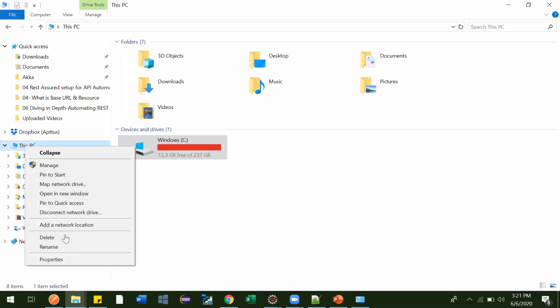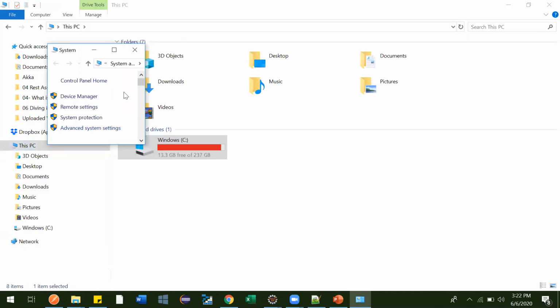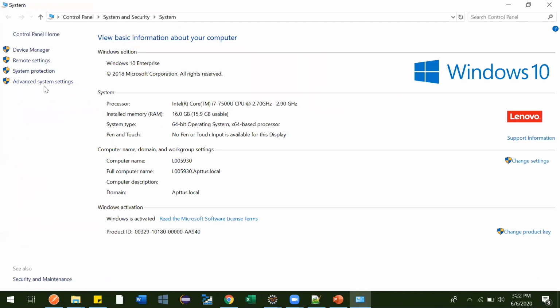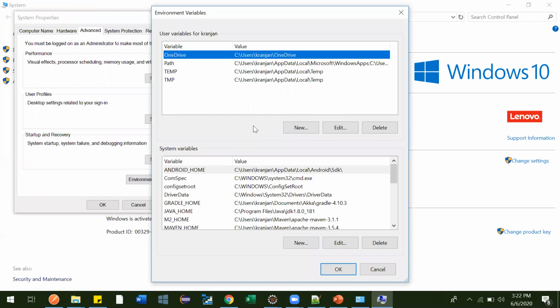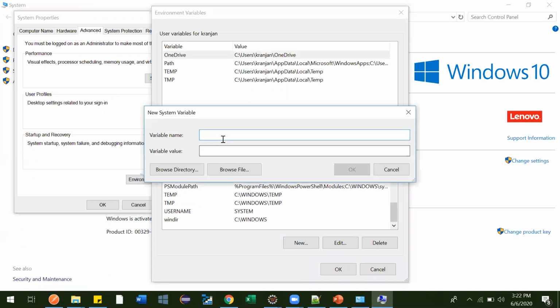Right click on This PC, go to Properties, Advanced system settings, Environment Variables, click on New and name it MAVEN_HOME. Paste this path.